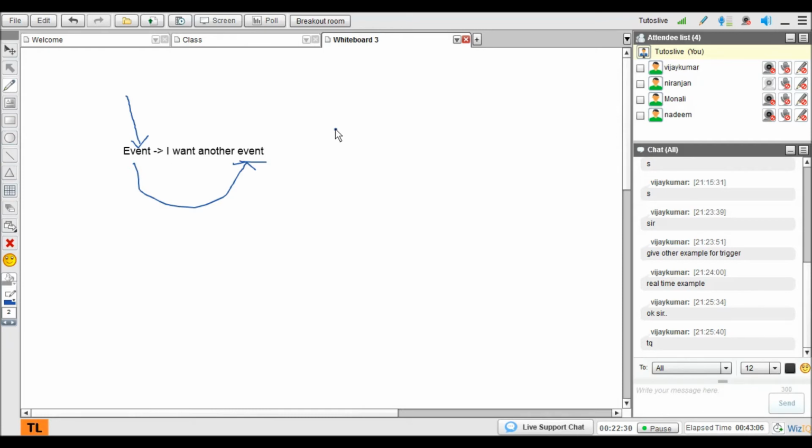Why I'm saying this: tomorrow you may come across a situation where you ask, how do I invoke an event after an event? So when I was working, I'll tell you why I came across trigger. The real problem with programming is not about coding, it's about the terminology. You should know the terminology. What do I call this? Only when you know what they call this can you search for it. Am I right? In programming, this is the biggest hurdle. If you don't know the terminology, you cannot do that. So it's better to know the terminology first.